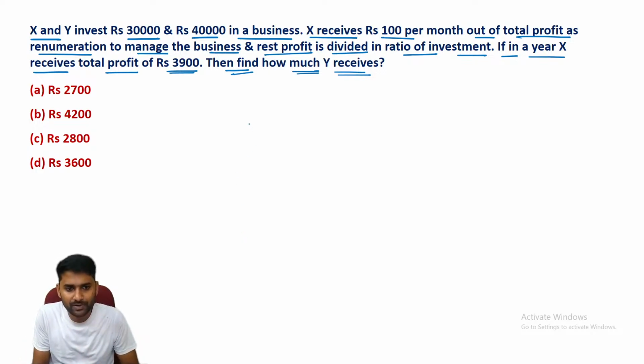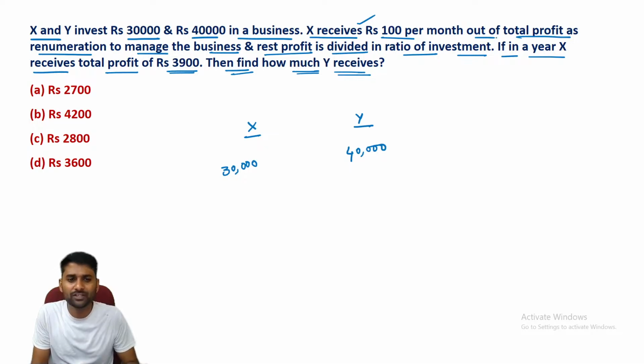Now, guys, there are two persons, person X, person Y. Person X investment is 30,000, person Y investment is 40,000. Now X receives 100 per month out of the total profit. Guys, X receives 100 rupees per month out of the total profit to manage the business. And the rest of the profits we are dividing according to their investment. So, if in a year X receives total profit of 3,900, guys, if you observe the calculation now, see, X is